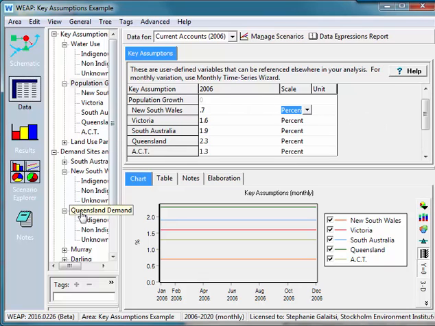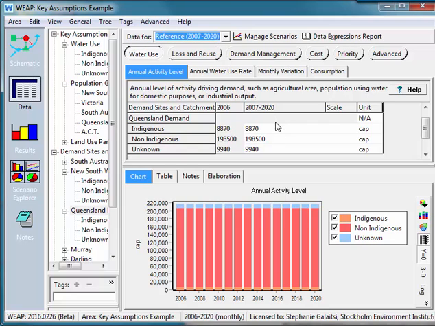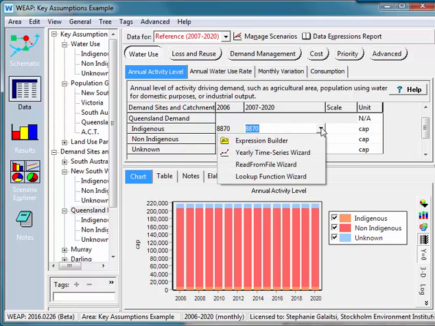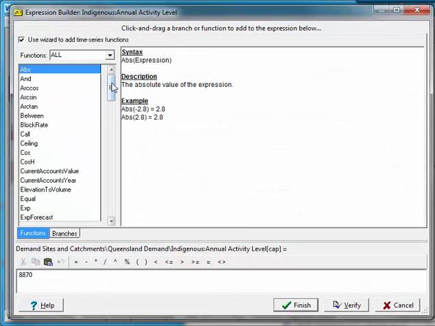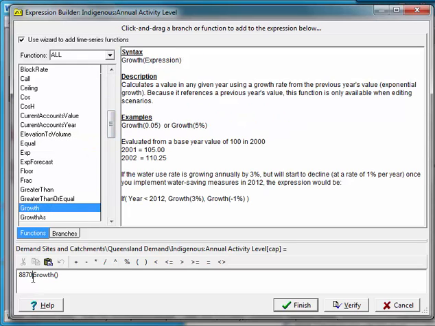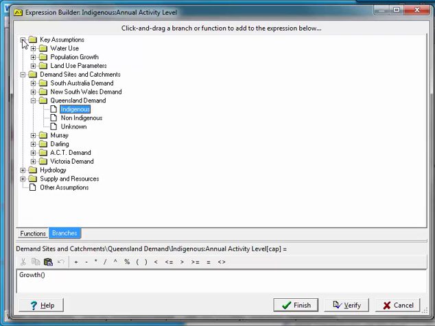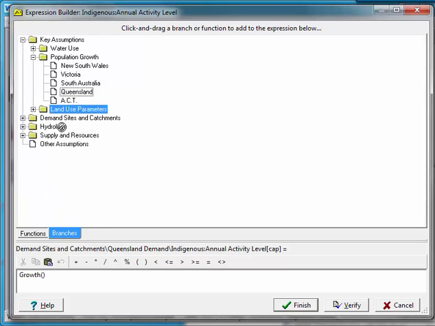And let's go into Queensland again and go into the reference scenario and imagine plugging in that data. So what I would do is open up my expression builder and go into my functions tab and go to growth and delete the data. And I want to say growth using that key assumption population growth rate that I plugged in. So I'll go back to branches, open up my key assumptions, population growth rate. I want to grab the population for Queensland